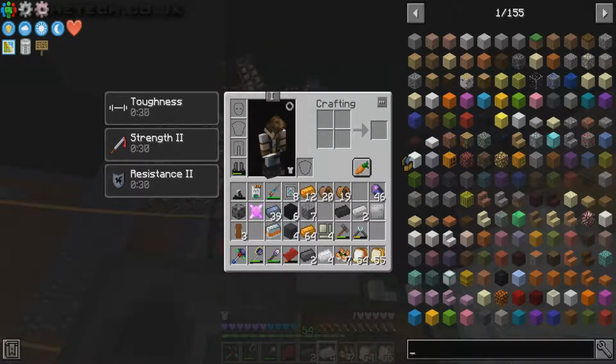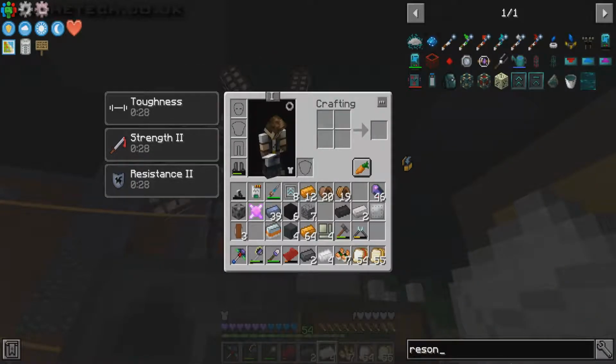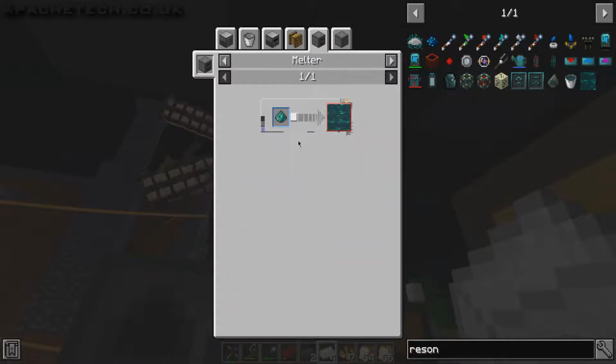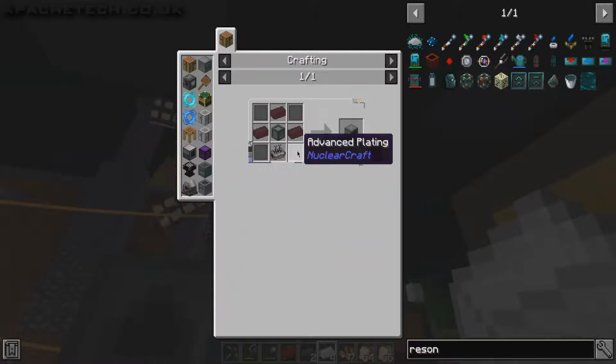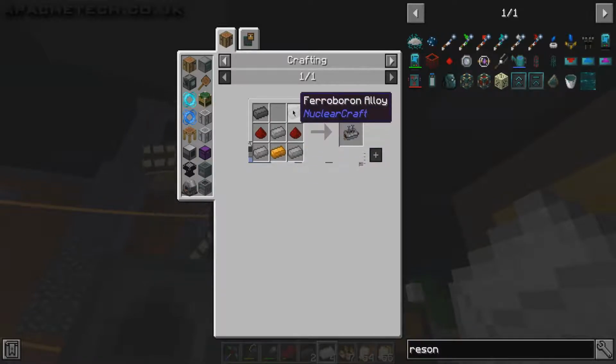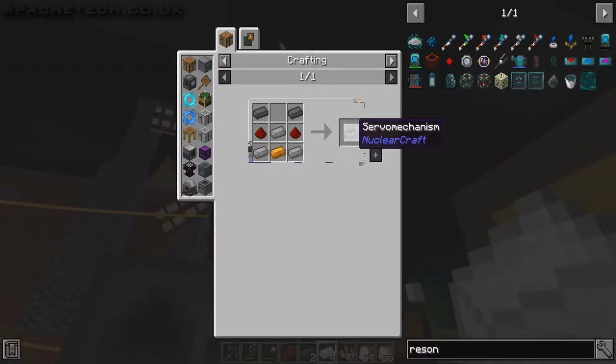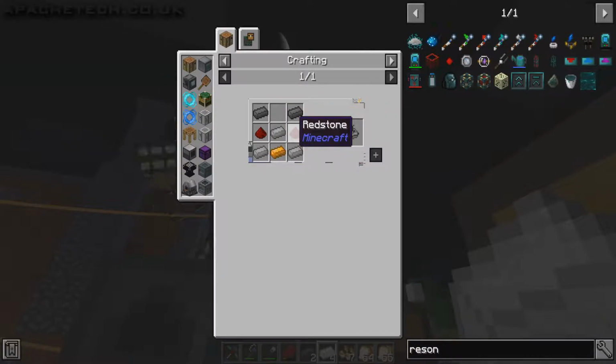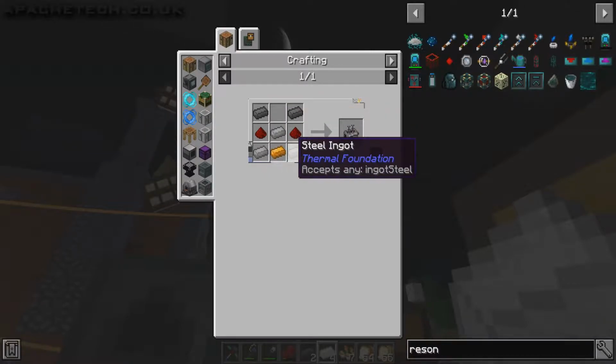If we have a look at resonant ender. This is what I'm hoping to make, this resonant ender. And this is done in a melter from NUCLEARCRAFT. And this melter from NUCLEARCRAFT, we need the advanced plating. We need a servo mechanism. Servo mechanism's nice and easy. So this uses 2 of the ferroboron alloy we've just got with steel and redstone and copper, and yeah, it's